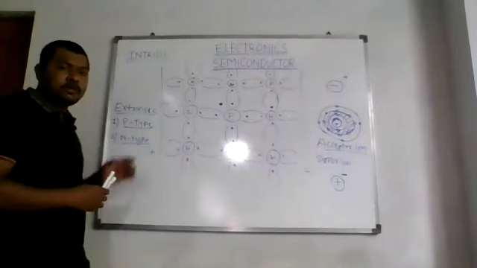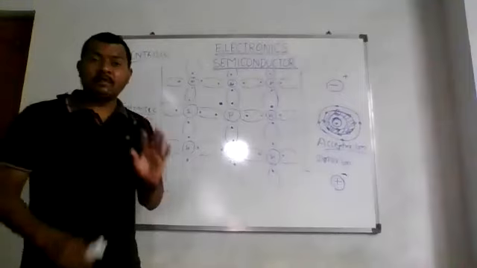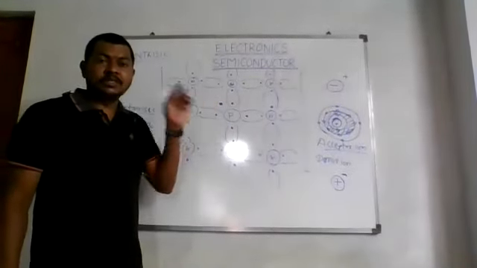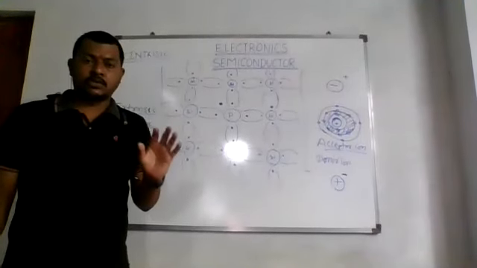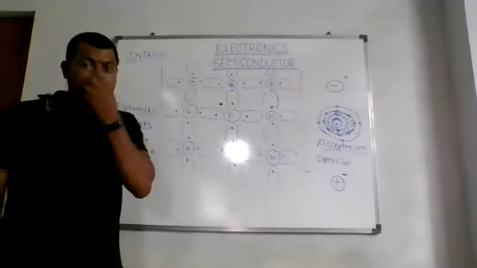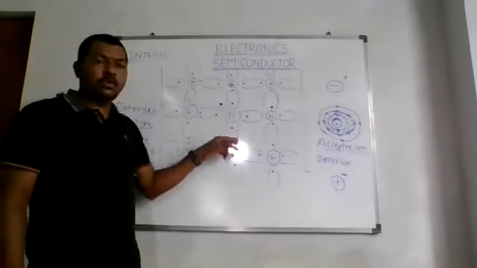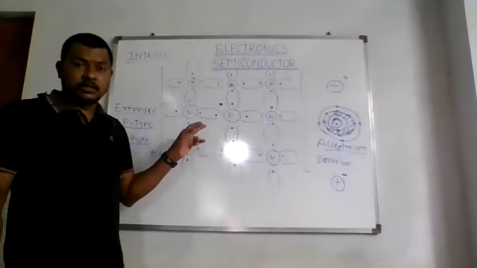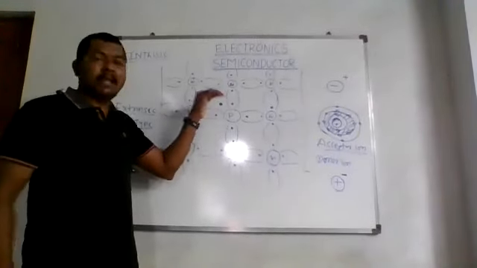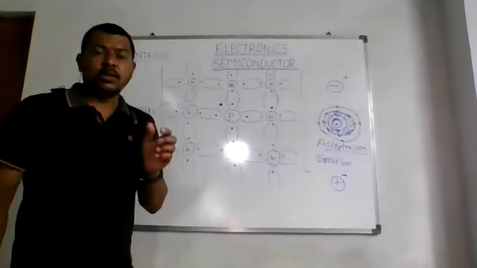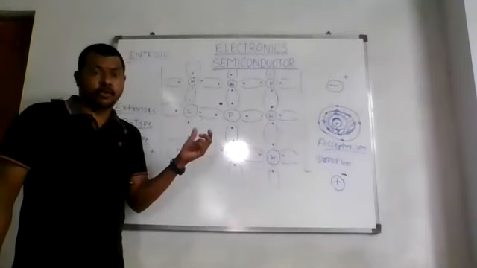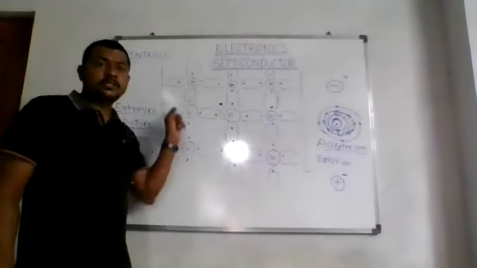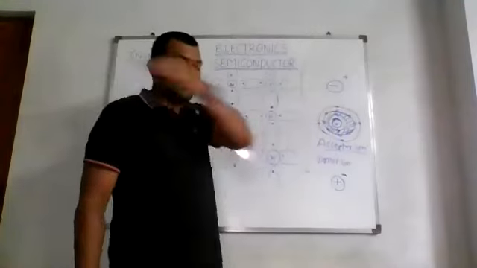Right. So for the P-type semiconductor, I told you that a trivalent impurity is added to a pure intrinsic semiconductor, which means that it has three valence electrons in its outermost shell. So it will make three covalent bonds with the neighboring four atoms of, say, silicon, and one blank space is left, right? That particular absence of an electron is called a hole. Due to that absence of one electron, the whole ion is supposed to have a positive polarity, right?